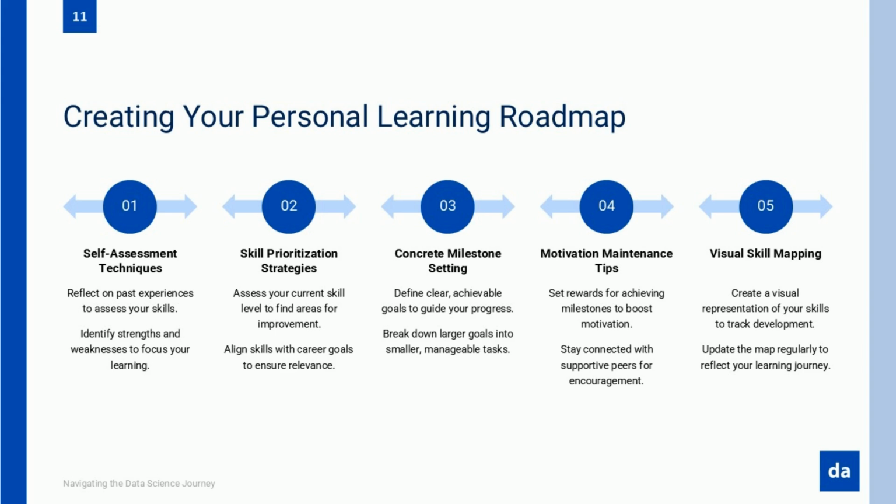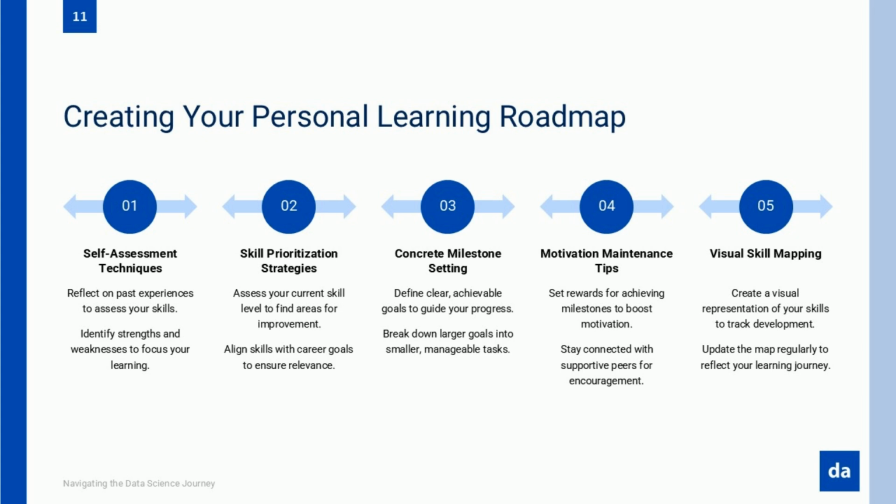For instance, if improving your machine learning skills represents a priority, your progression might look like this. At the knowledge and comprehension levels, you might focus on understanding the theoretical foundations of common algorithms. Your milestone could involve explaining how random forests work and when they're appropriate to use. At the application and analysis levels, you might implement these algorithms on real datasets, comparing their performance under different conditions. Your milestone could be building a classification model that predicts customer churn with specific performance metrics.